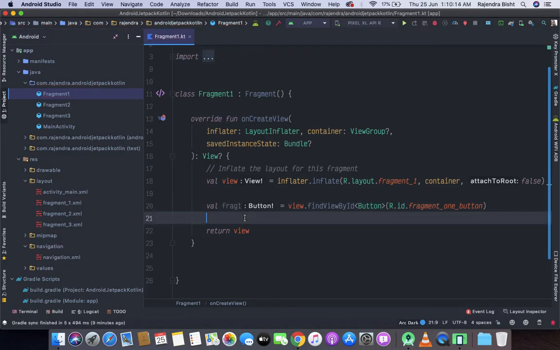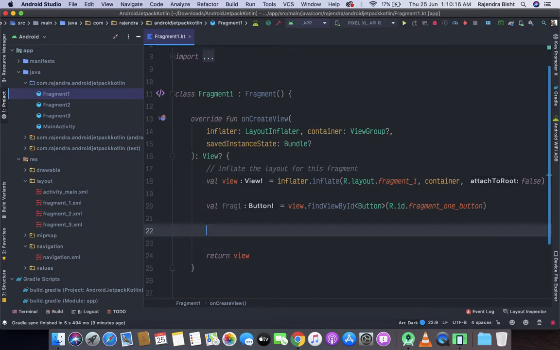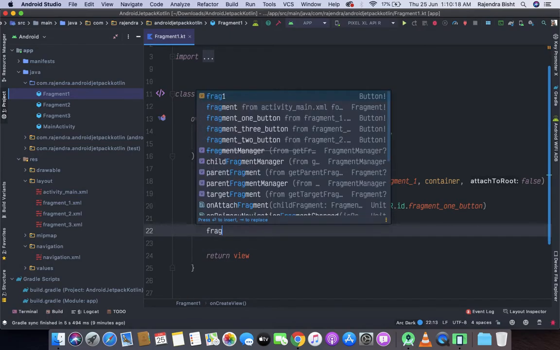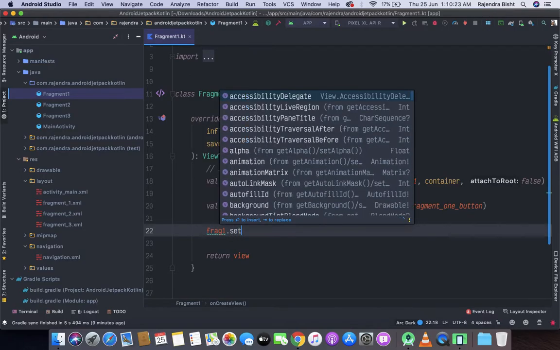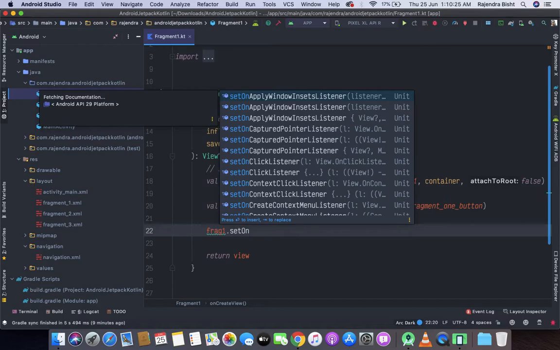Now we will set the on click listener on the fragment 1 button. So frag 1 dot set on click listener.